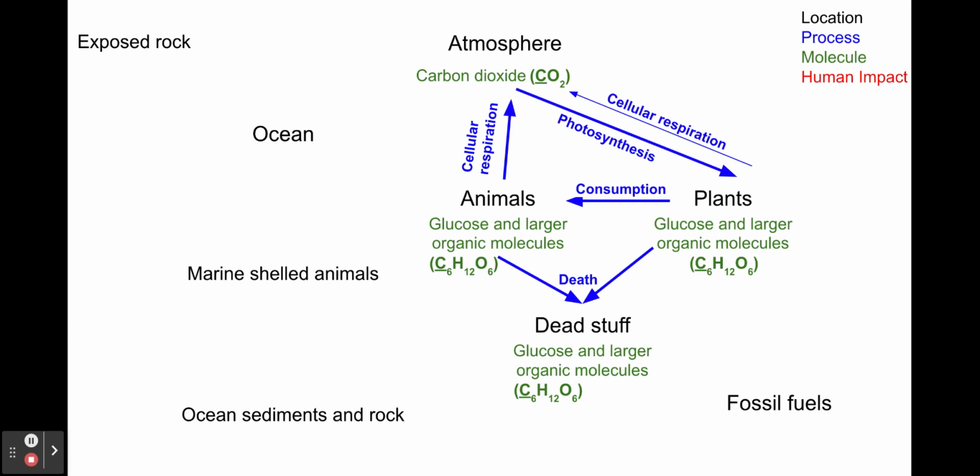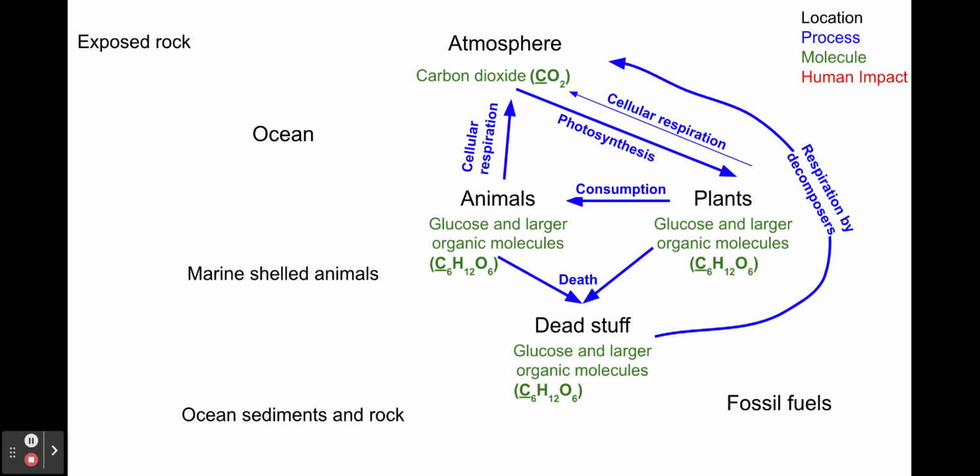But the carbon atoms don't stay in the dead stuff because dead stuff gets eaten by decomposers. And the decomposers eat that glucose and they break it apart and use the energy to make ATP. You know what that is? That's again cellular respiration. So we're going to have an arrow curving around from dead stuff up to the atmosphere. We're going to label that